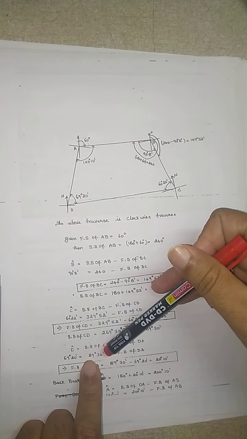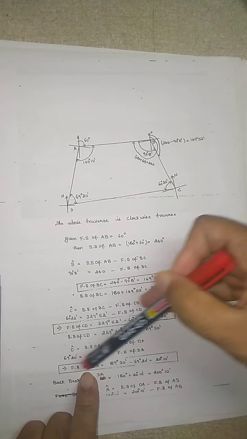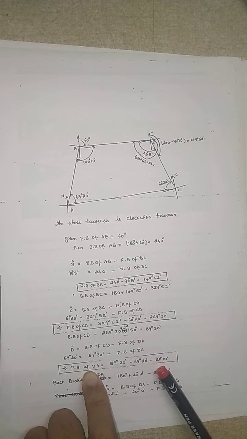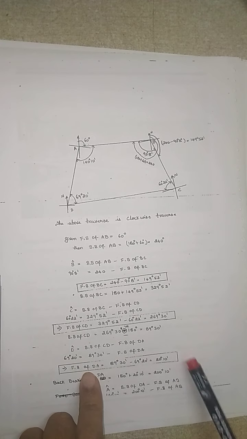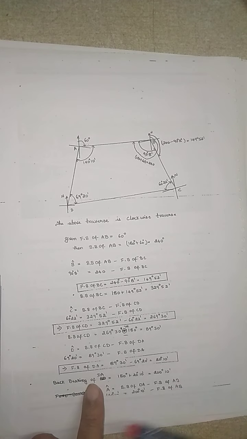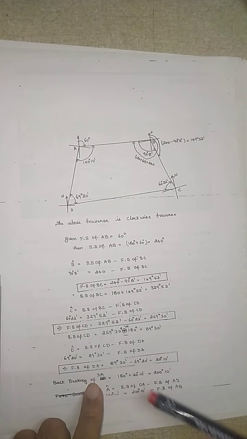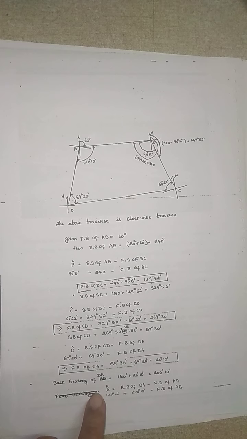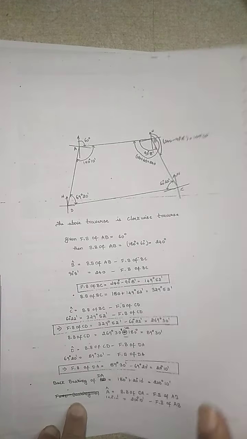So it is 89 degrees 30 minutes minus the fore bearing. For the fore bearing, how can you calculate? It is 89 degrees 30 minutes minus 69 degrees 20 minutes. So the fore bearing of the line DA you can calculate like this: 20 degrees 10 minutes. Again, the back bearing of the line DA: the fore bearing you have calculated is less than 180 degrees, so you are going to add 180 degrees to this. So you can calculate the line DA. Similarly, you can find out the angle for A.